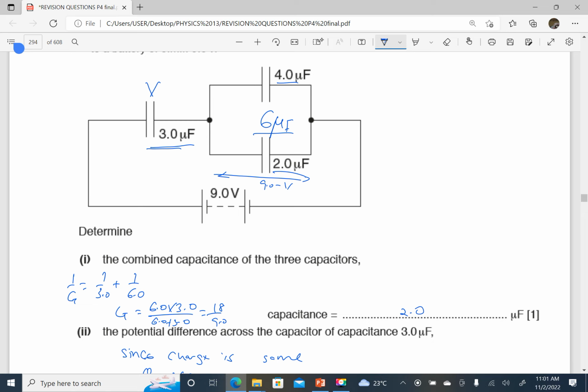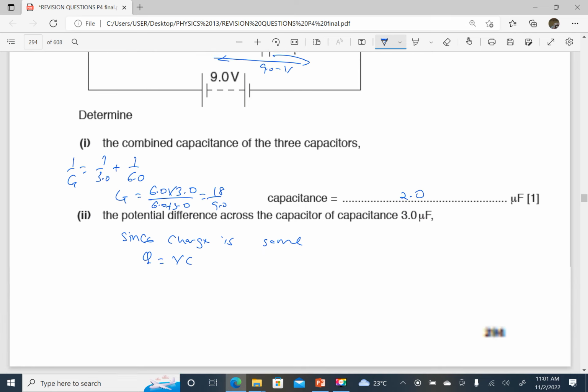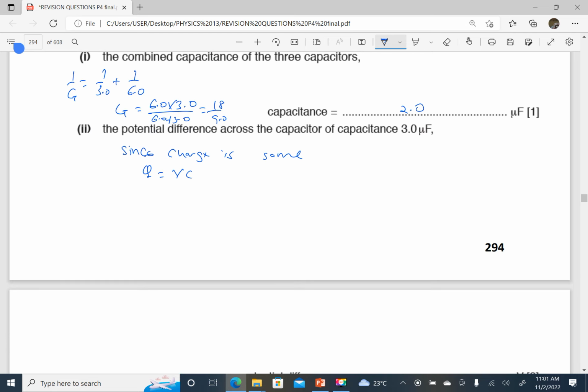Total charge for 3 microfarads is the same as total charge for the 6 microfarads. So we just equate. For the 3 microfarads, charge will be capacitance, which is 3.0 microfarads times the PD, which is V. This should be equal to the 6 microfarad capacitance times the PD, which is 9 minus V. We solve for V, and you have that 3V is equal to